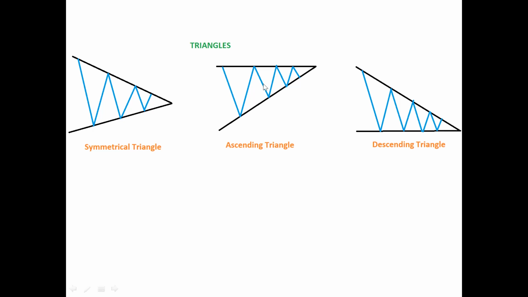In that case, we get an ascending triangle. So this triangle again can break up, or it can break down, right? So we can have a breakout here, or we can have a breakdown here, a breakdown of the price, or breakout towards the low side. When I have a breakout toward the lower side, again my first target I keep here, second target at the next swing low, and the stop loss will be on the other side.